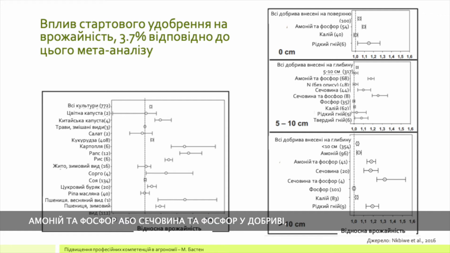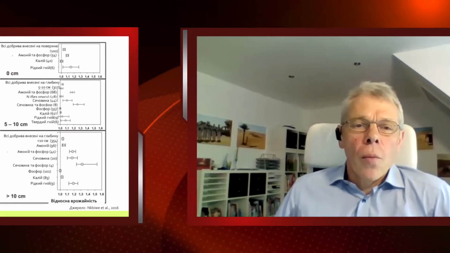Again, ammonium and phosphorus, or urea and phosphorus. Those are the mixtures, let's say, in the fertilizer where we, in trials at least, got the highest response. And this shows that starter fertilizer should consider the formulation of these nutrients quite a lot. When we look at the overall response to starter fertilizer, what can we expect?